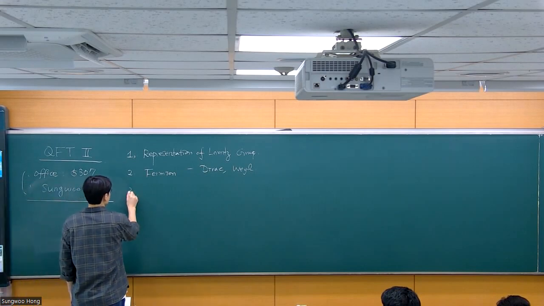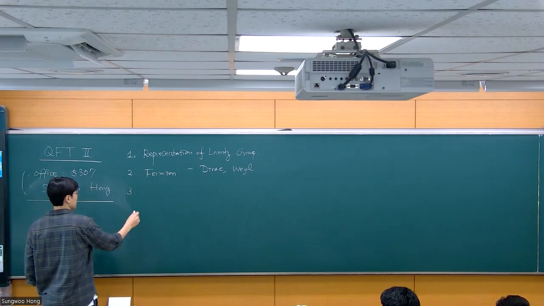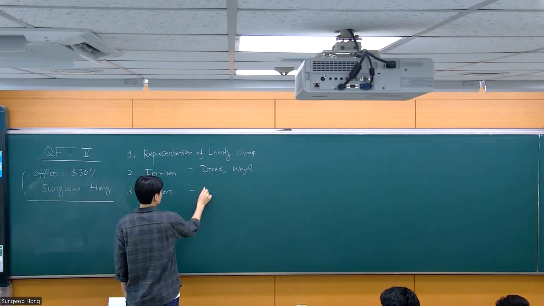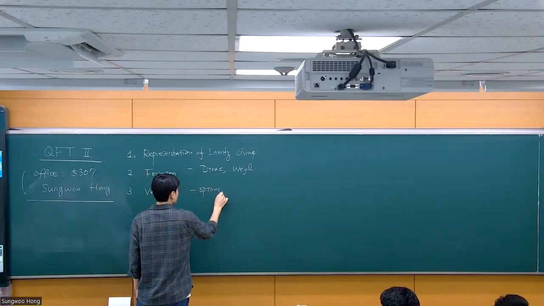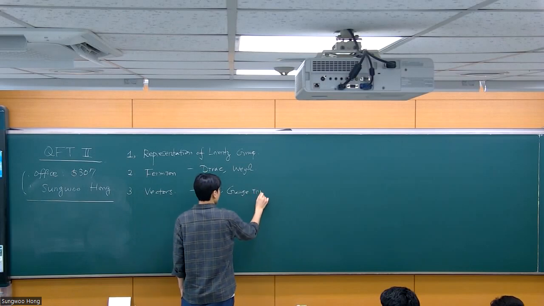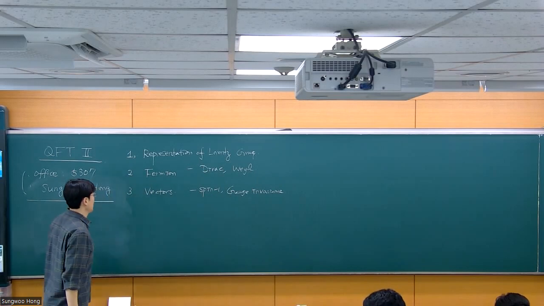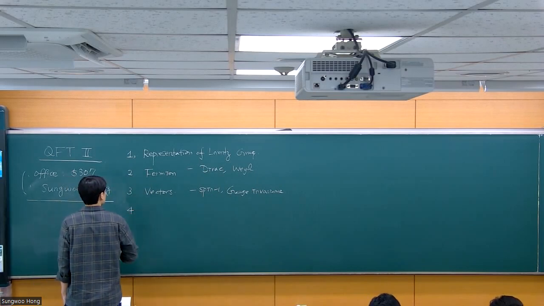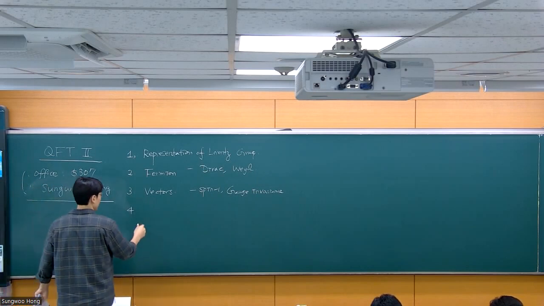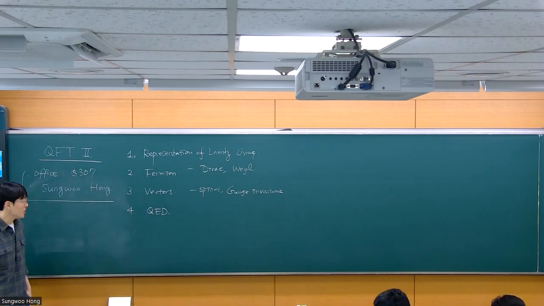And after that, let's see, what do I want to do after that? I want to do vectors, obviously. Here, obviously, there's the notion of spin one particle, but crucially, we will now start talking about the notion of gauge invariance. Okay, and then once I have these machineries, I can put them together for the first time to write down a somewhat realistic theory called quantum electrodynamics.